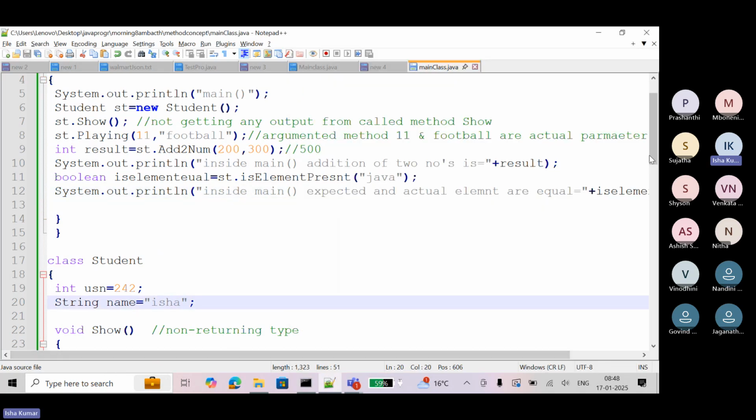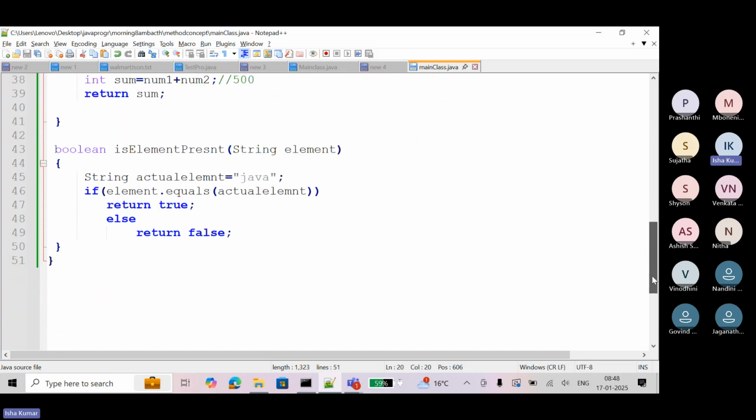So these are like that. We can develop a reusable method. Now anyone who wants to compare their expected string with the actual data can simply call this method from any class. Just they will create an object of that class and they can call this method, right? Understood or not?